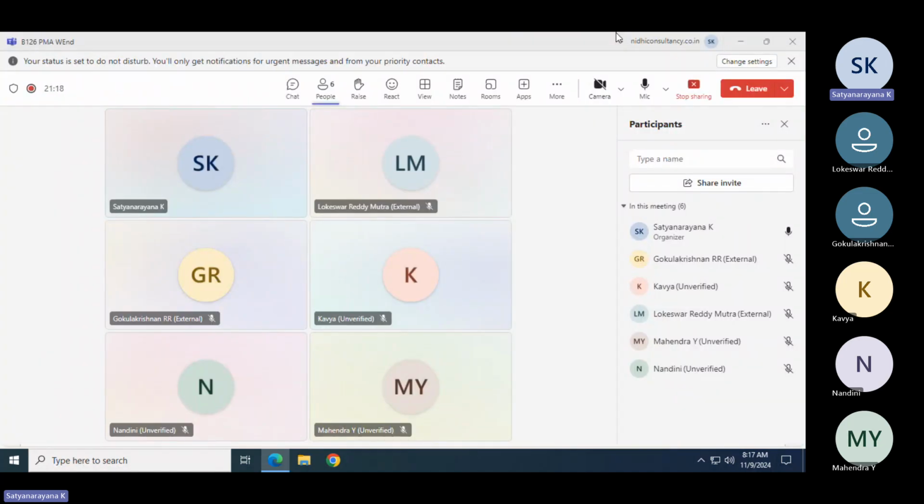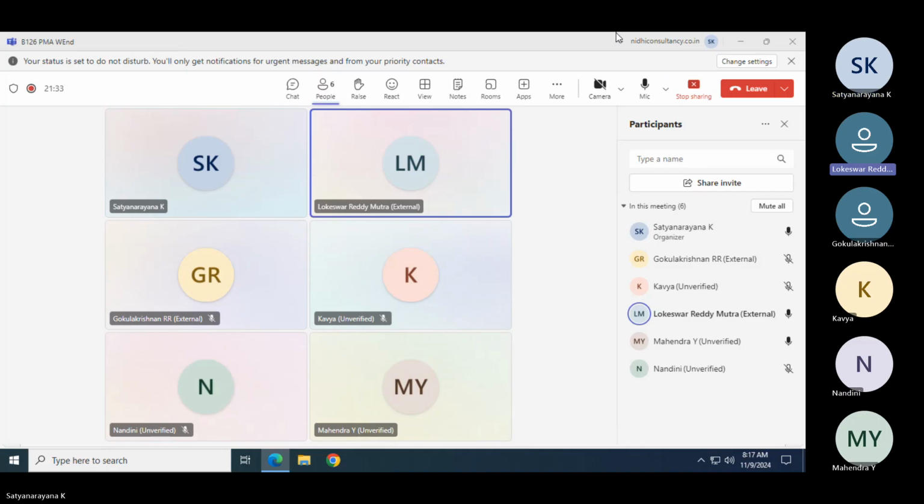Does anyone want to speak? Lokesh or Mahendra, do you want to ask me any questions about anything? No, not yet, Satya. Fine. Okay, Lokesh, you joined through Saurya, am I right? Yes, exactly. Mahendra, some friend informed you so that you joined?